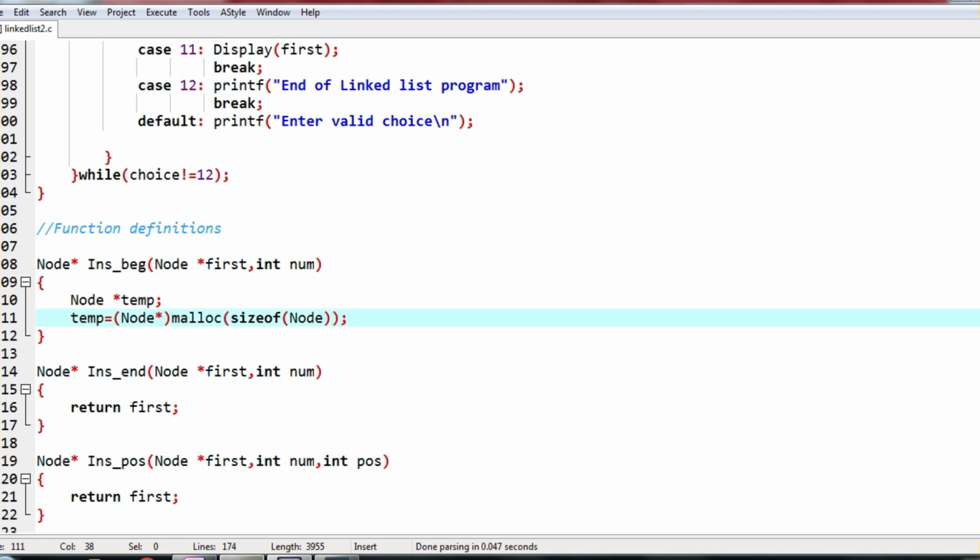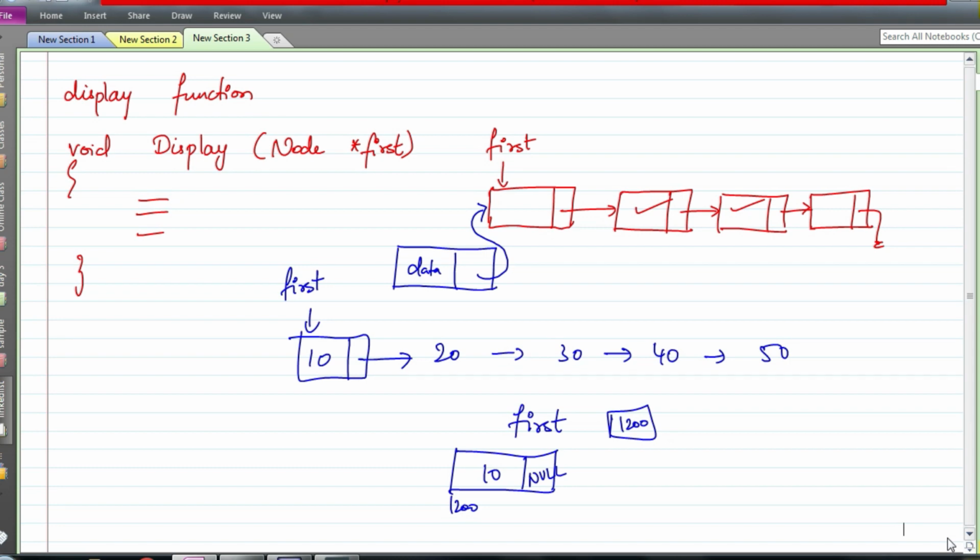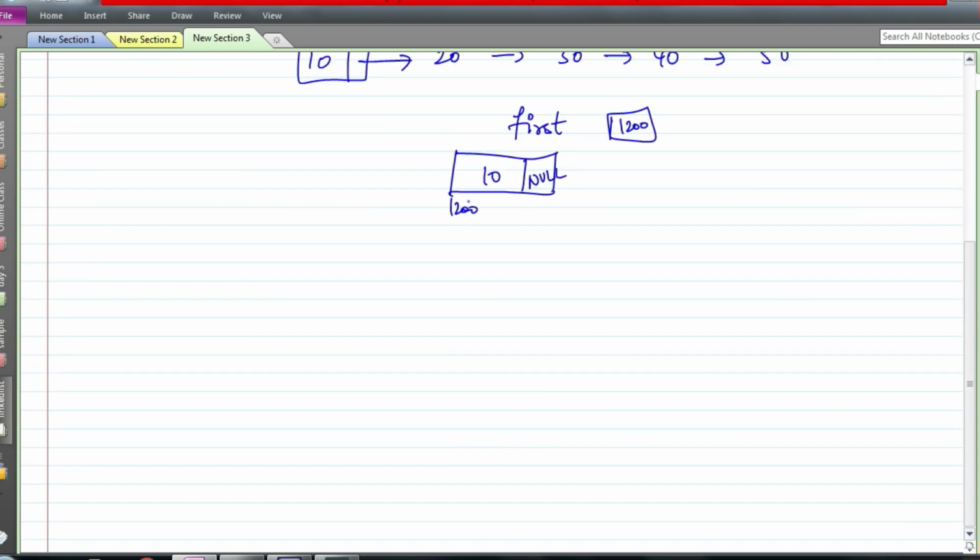So how malloc works is, malloc is the memory allocation function. It will allocate however many bytes we tell it here. Like you can give 20, 30, like that also. Or instead of giving numbers, we let the compiler decide. Why is that required? If you are using a 32-bit compiler, the number of bytes allotted for each data type is different, and if you are using a 64-bit compiler, the number of bytes allotted will be different.